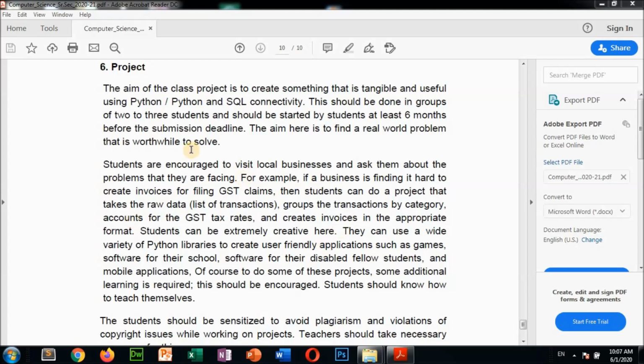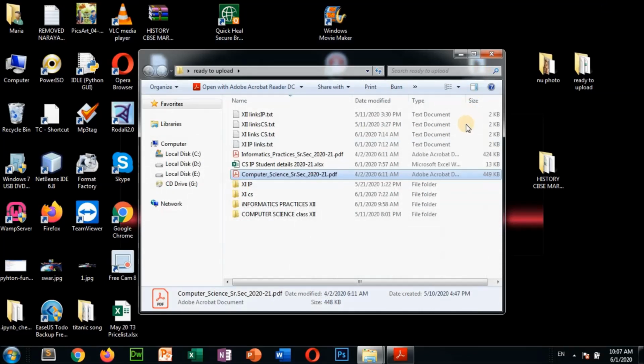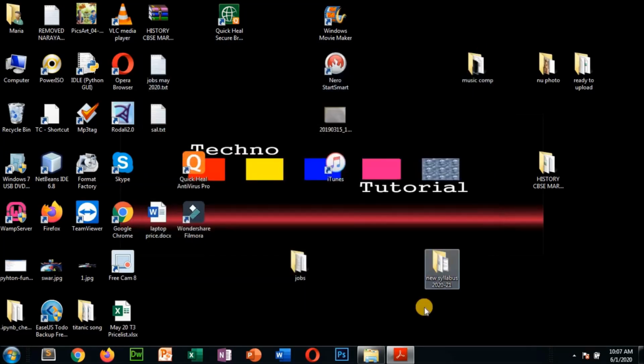So this is your project description. What you will get in your syllabus, you can see from your syllabus that about your project it is already written here. I have prepared the project for you, so directly I'm going to show you the sample project that I have created so that you will